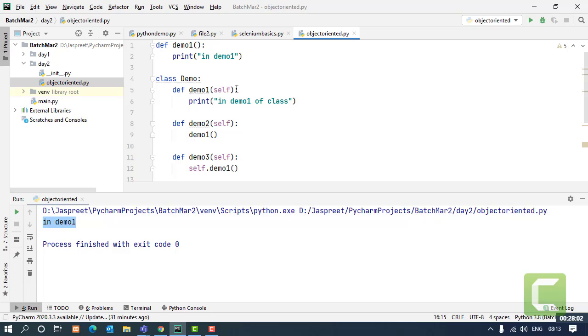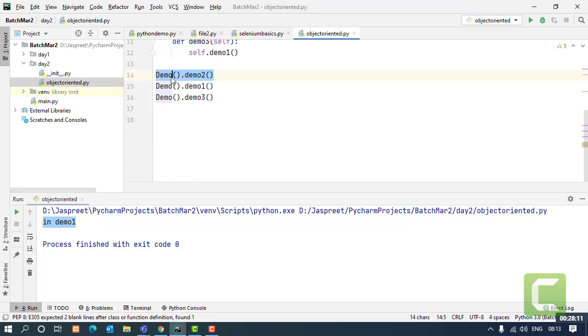Say I have arithmetic operations being performed here, and I want to store the result of that. If I create the object like this, a hanging object which has no reference, no storage anywhere in memory, and I don't know what the address is, I won't be able to retrieve the result which I have stored.